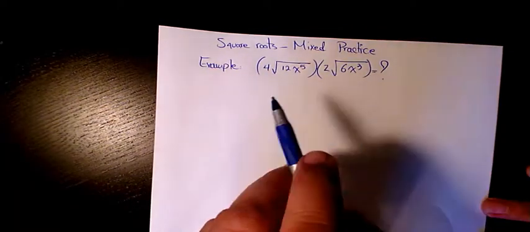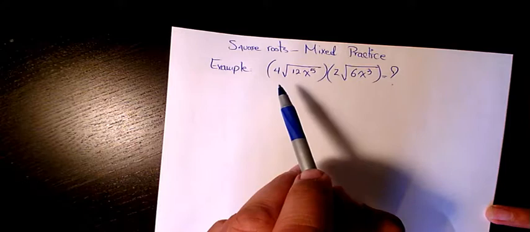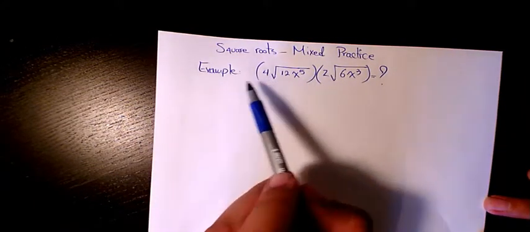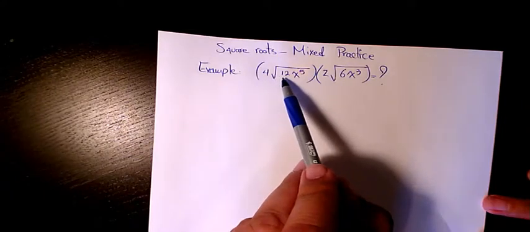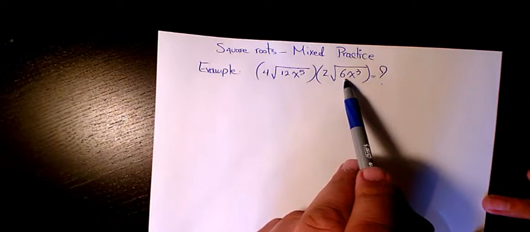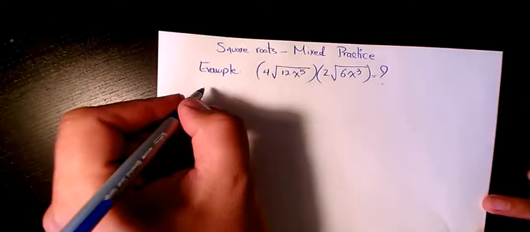Welcome to my channel. In this video I want to show you some examples regarding square roots, and we have some mixed practice questions. First one is root 12x to the power of 5 times 2 root 6x cubed. Answer is